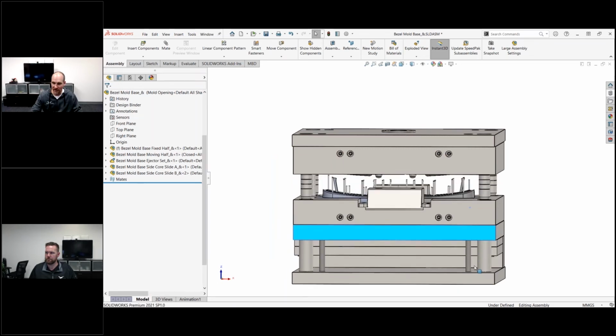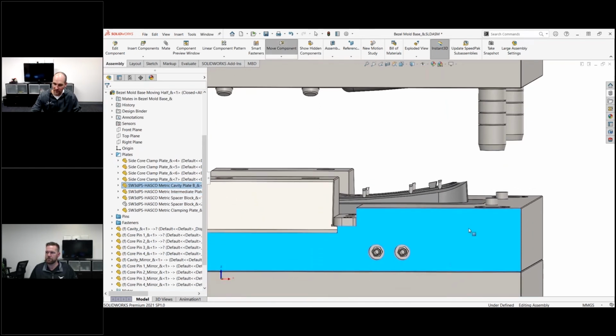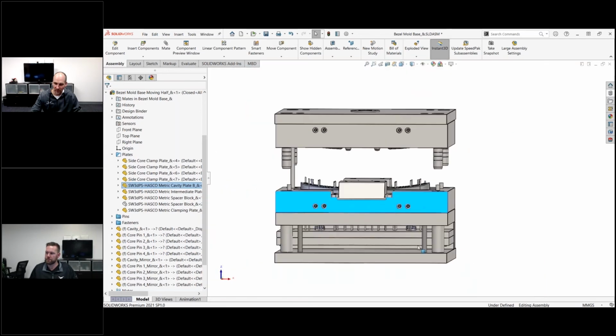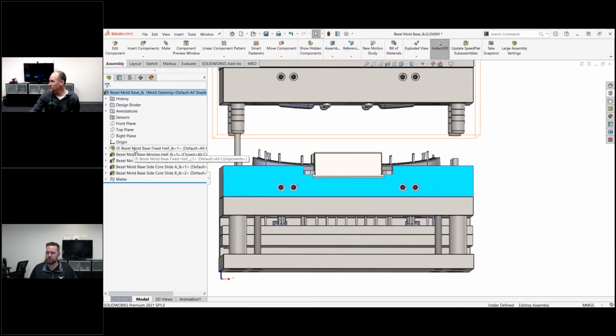So as I drag it around, we can see the ejector set working. You can even notice that this lifter is going to relieve the mold so the part can get removed, but it's all set up with the right motion. Now, we like to build lots of sub-assemblies in SolidWorks, and we do this for good reason, right? Why, Andy? Well, I guess a couple of reasons that you would do it would be to, one, simplify the